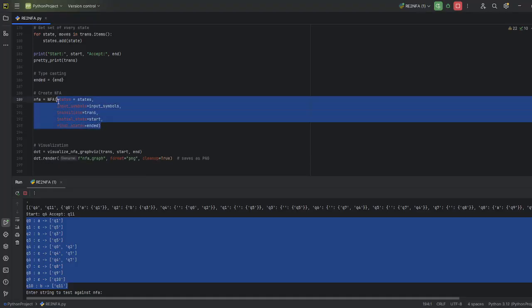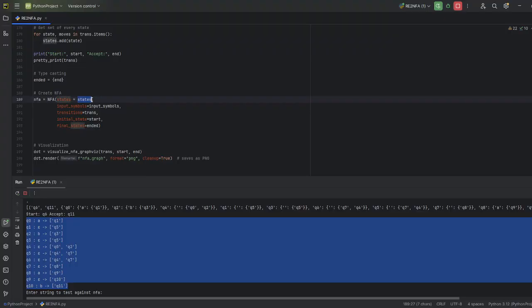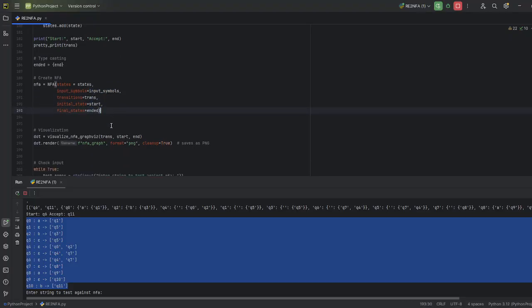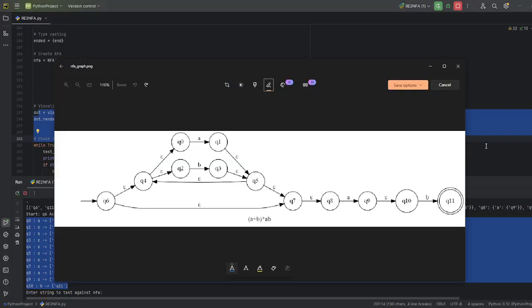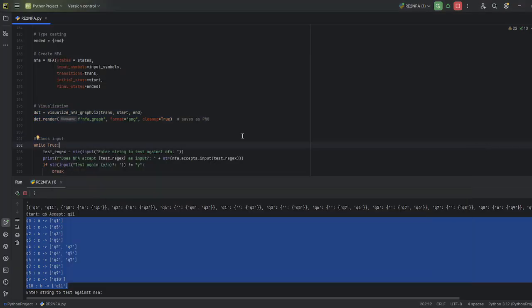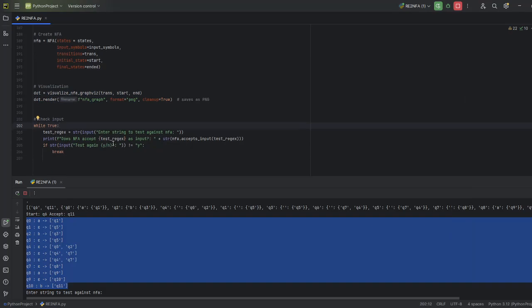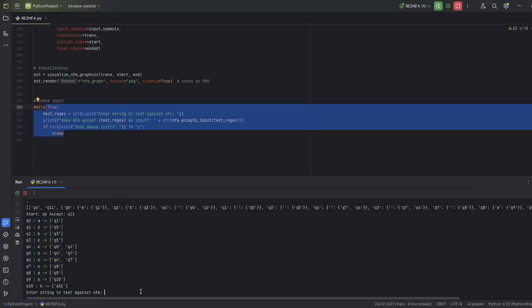So here we have the set of states, alphabet, transition function, starting state, and ending state. After that, I'm going to do some visualization and, sorry, the testing. The testing allows the user to input a string to test